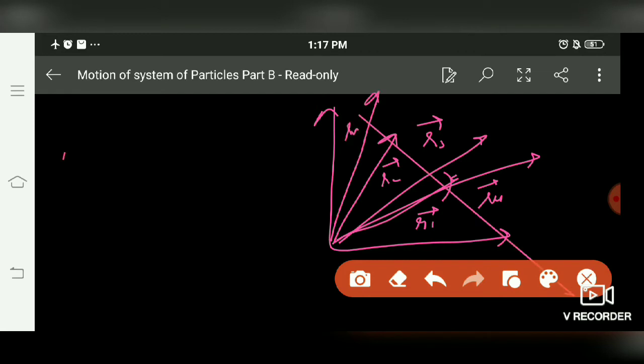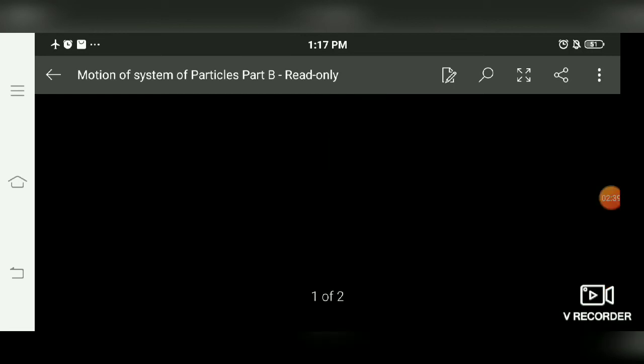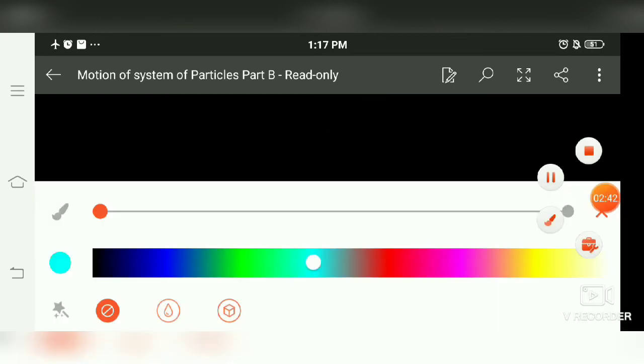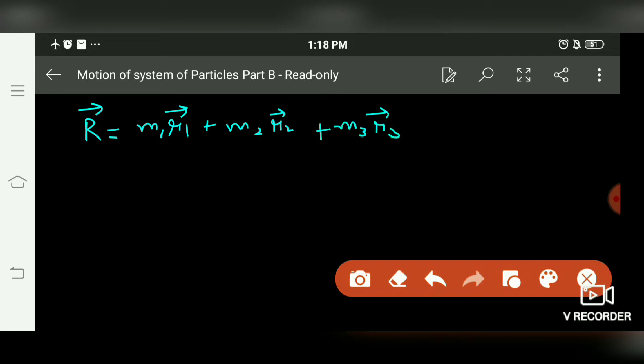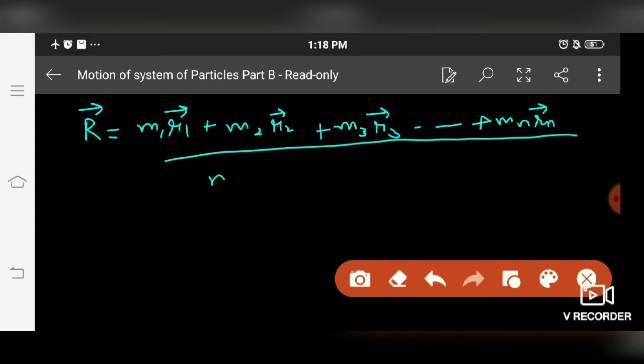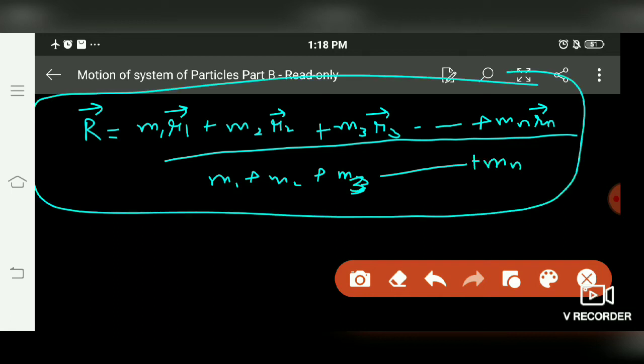So the position vector for a system of n particles will be written as m1 r1 vector plus m2 r2 vector plus m3 r3 vector, and so on, up to mn rn vector, whole divided by m1 plus m2 plus m3, and so on, up to mn. So this is the position vector of center of mass